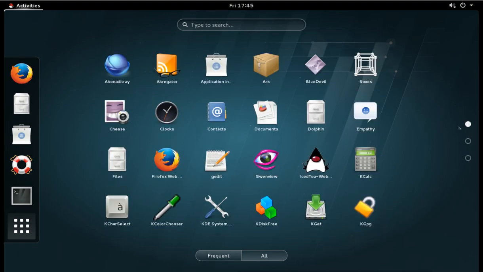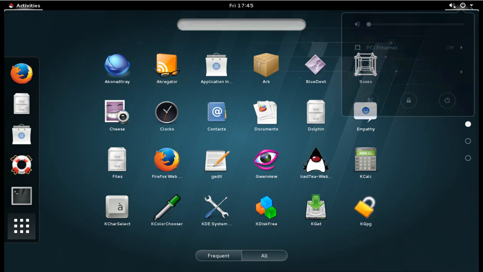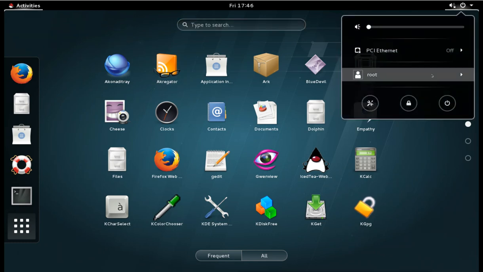And if you are not finding something, then you can search it from here also. Now this is what the GNOME latest one. We have already seen the GNOME Classic.